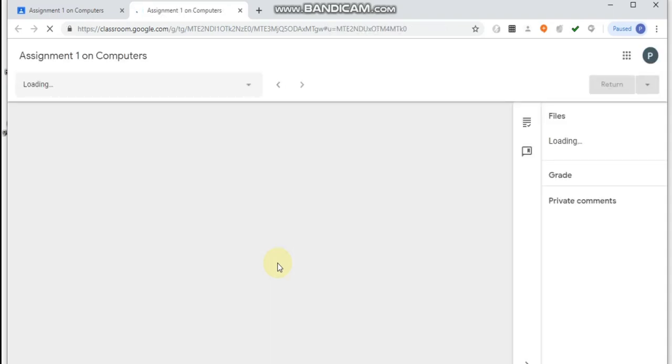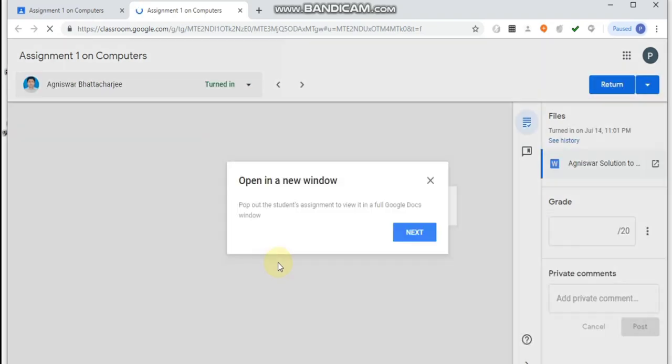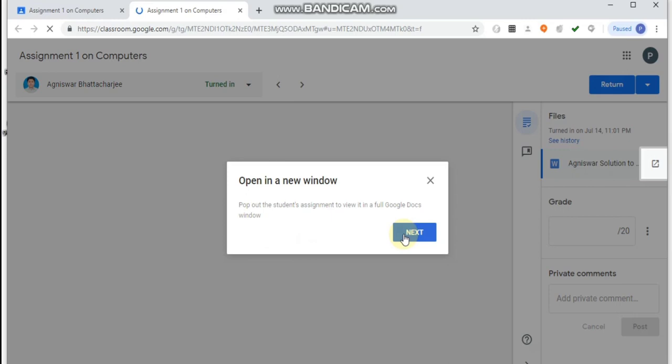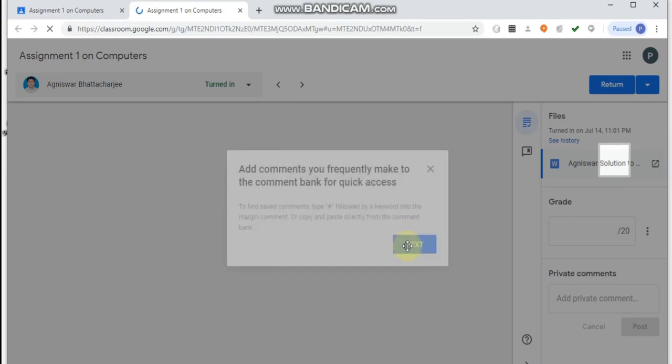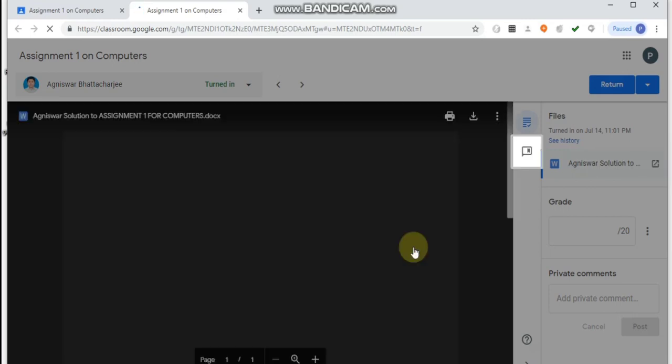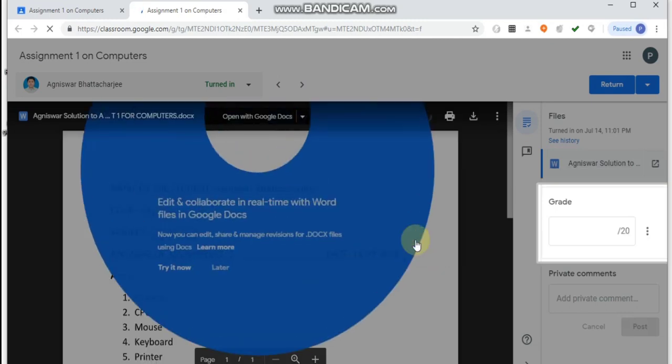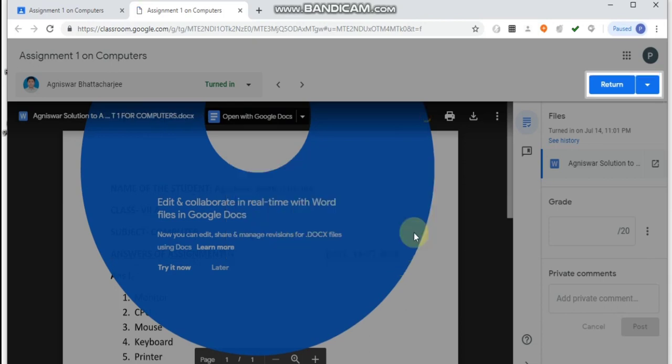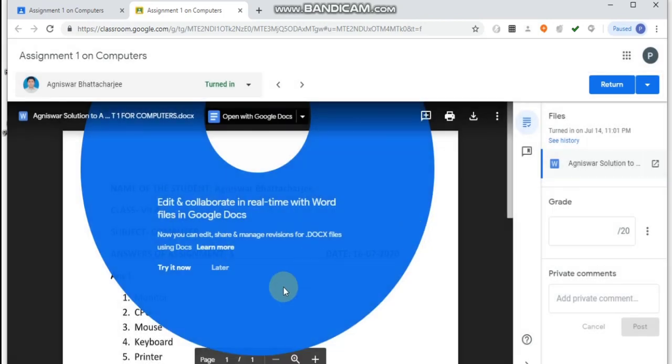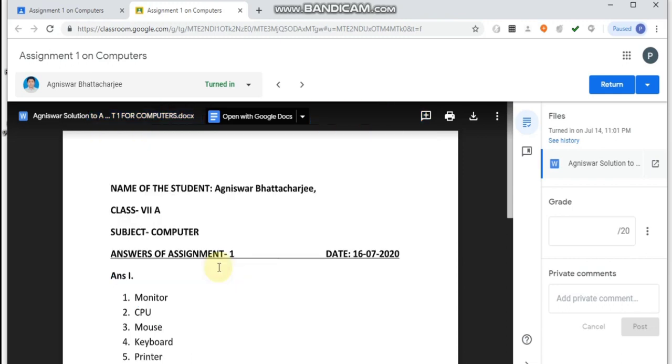So the teacher will click on the student's assignment, the teacher can open it, and the teacher can send back the assignment. Through Google Docs also the teacher can give assignments.